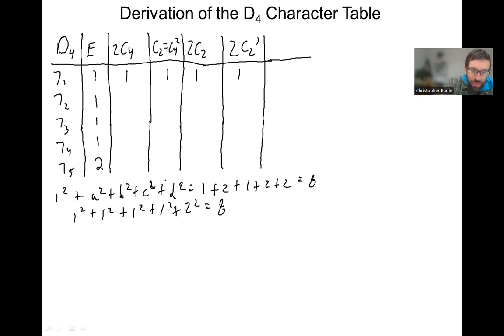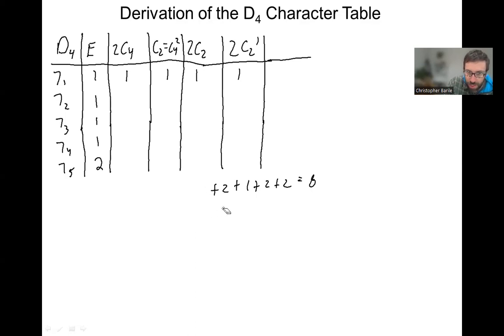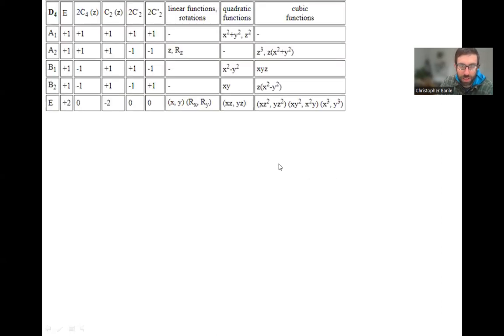All right, so now at this point, it's a good idea to start testing functions and seeing how these functions transform in the symmetry space to give us our different transformations, which then can help us figure out what some of these vectors are. So we're going to go through this, and eventually what we're going to try to do is derive this whole entire character table